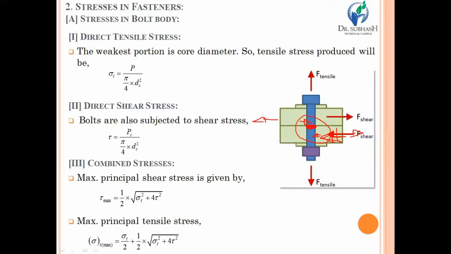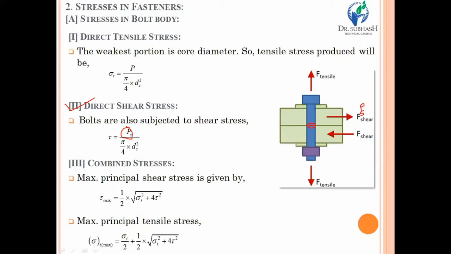So the second and most important type of stress that may arise is the direct shear stress. And once again, you have to just take a ratio of shear force, that is Ps. Kindly consider the force as Ps, and the area should be selected as shear area. So this will be the shear area. Once again, it will be the same as the compression area. So shear area will be pi by 4 dc square. So this is the direct shear stress that is produced due to transverse loading on connected members.